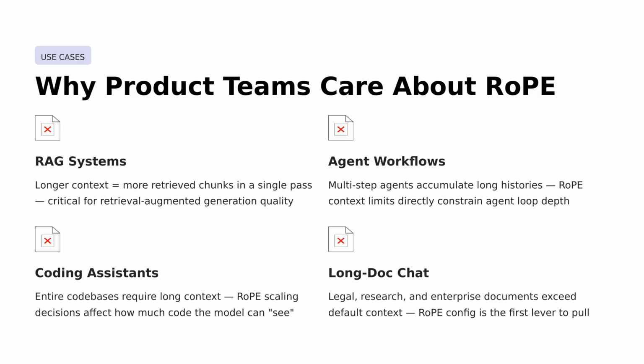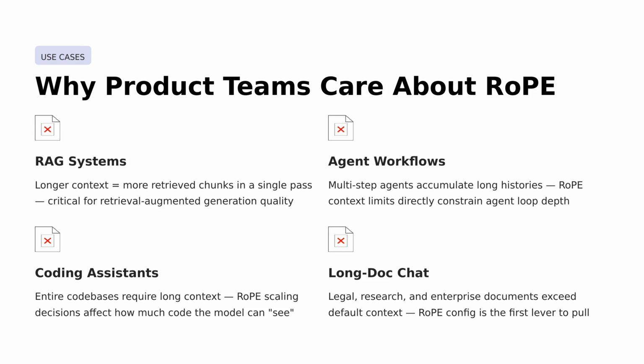Here's why product teams care about RoPE. In RAG systems, longer context means you can include more retrieved chunks in one pass, which improves answer quality. For agent workflows, context limits cap how much history a multi-step agent can carry. Coding assistants need room to see larger portions of a codebase. And for long document chat, especially in legal research or enterprise settings, RoPE configuration is often the first lever to